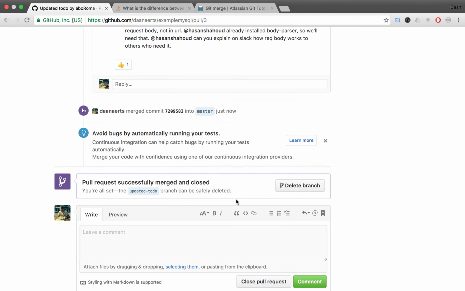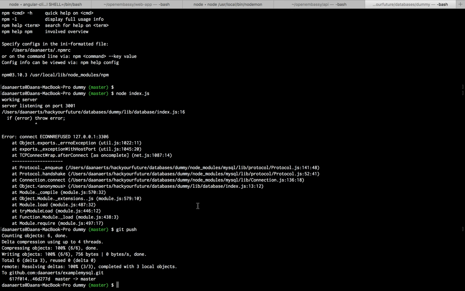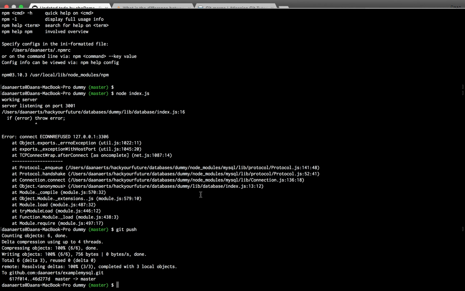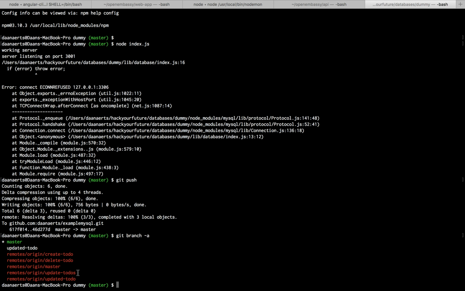So last thing I can show you about the merging part is, last time we deleted the branch on our CLI, and we also deleted it remotely. But I just want to show you one last command, which is what if someone else deletes it? So in this case, GitHub is going to delete the branch. Git branch -a. So you can see that I still have a version of the branch. So my Git thinks that there's still a remote version, but there isn't. So the way to fix this is to do this command,